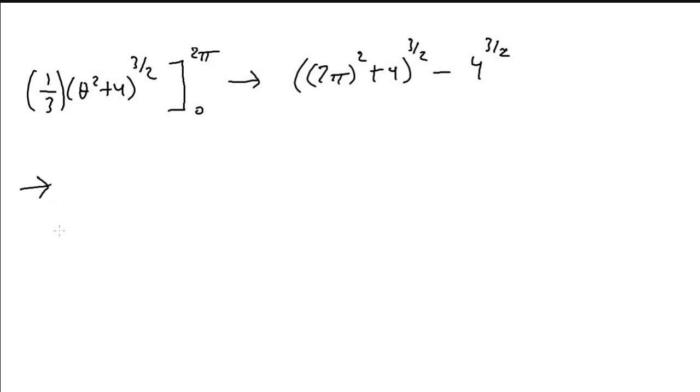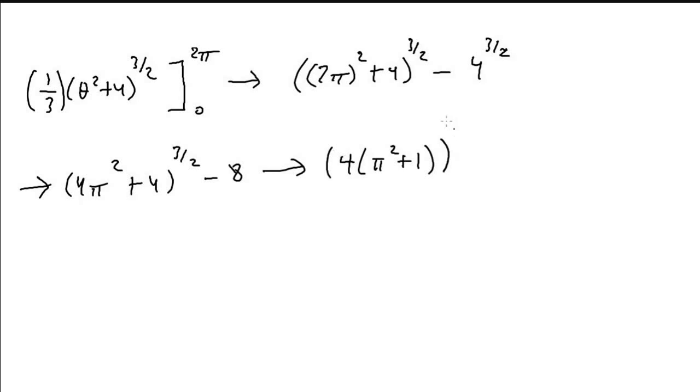2 pi squared is going to be 4 pi squared, and then plus 4, all to the 3/2 power, and minus 4 to the 3/2, and 4 to the 3/2 is equal to 8. So then what I can actually do here is factor out a 4. So then I'll get 4 times pi squared plus 1, and the entire thing is still to the 3/2 power,